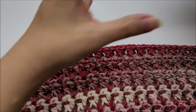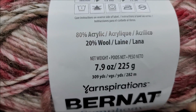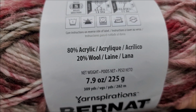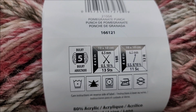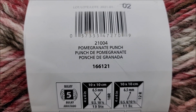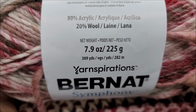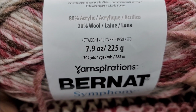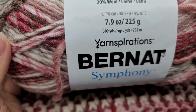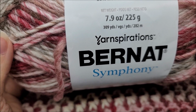Now for the scarf, the yarn that I used is Bernat Symphony yarn by Yarnspirations. It's 80% acrylic, 20% wool, and it is classified as a bulky number 5. The color I am using is pomegranate punch. Now there are 309 yards per ball, and to make this scarf the size that I make it, you're probably going to need